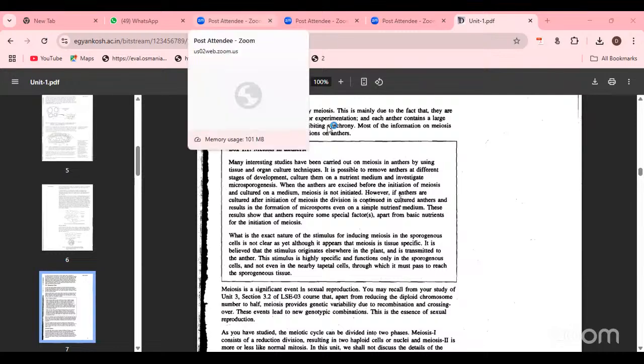The next one, meiosis. Meiosis is the significant event in sexual reproduction. You recall from the study of unit 3 that apart from reducing